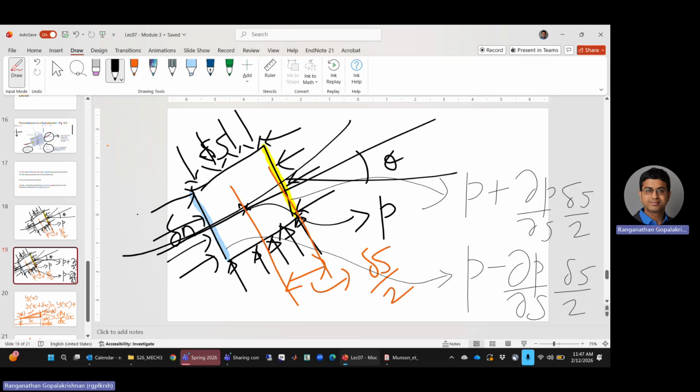How are you making that statement? So firstly, you can't just add or subtract pressures. You can only add or subtract forces. So first you have to think about what is the force on this yellow surface. Yellow surface is not just a line. You can assume it is a line multiplied by the distance that is coming out of the plane of the page. So what is the force?